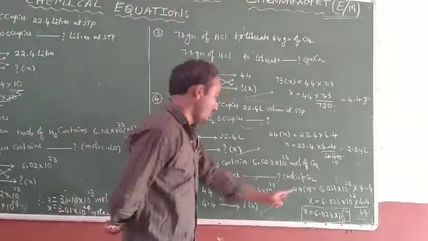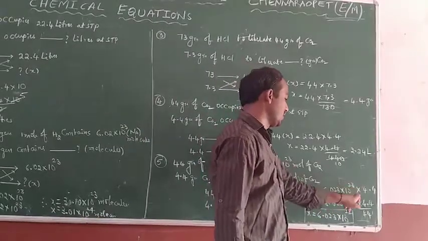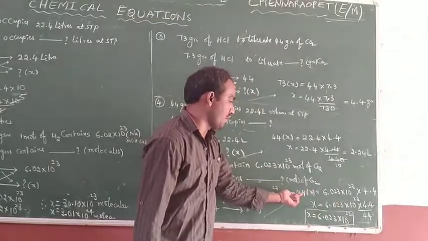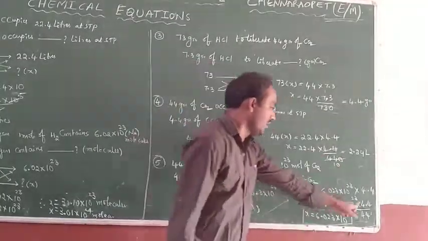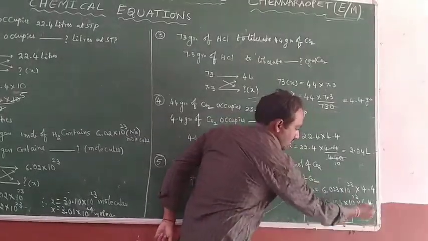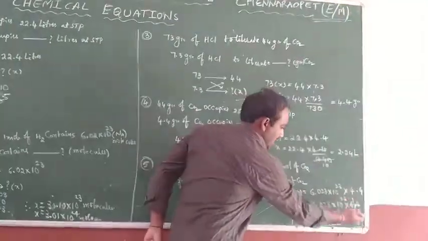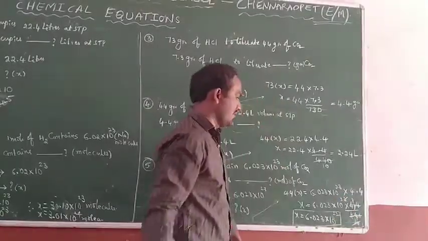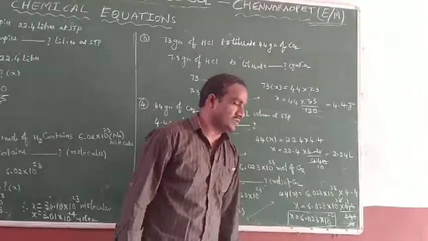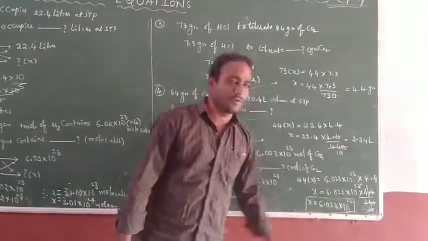Cross multiplication: 44 into x is equal to 6.023 into 10 to the power of 23 into 4.4. So then x is equal to 4.4 divided by 44, the left side value being divisor on the right side. We will remove the point, it will take a 0, so 44 over 10. So here 10 to the power 23, and the 10 will be cancelled. So the numerator will have 10 power 23 and the remaining values. Finally we got x is equal to 0.23 into 10 to the power of 22.